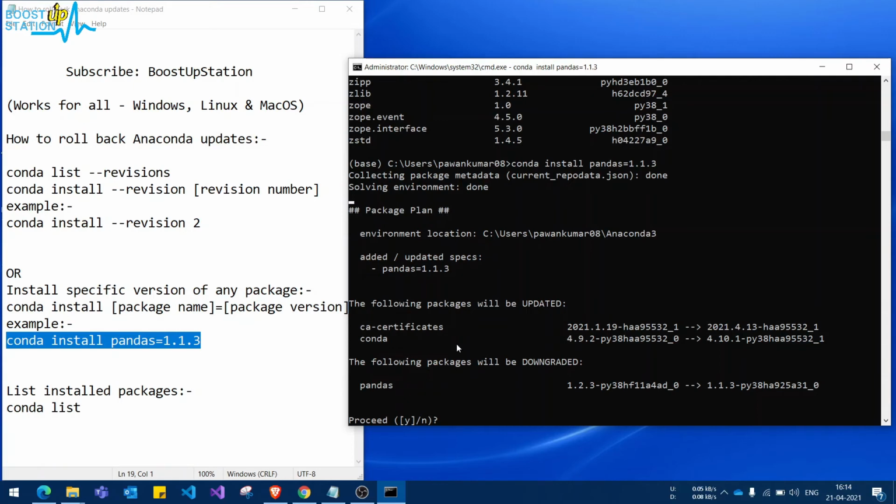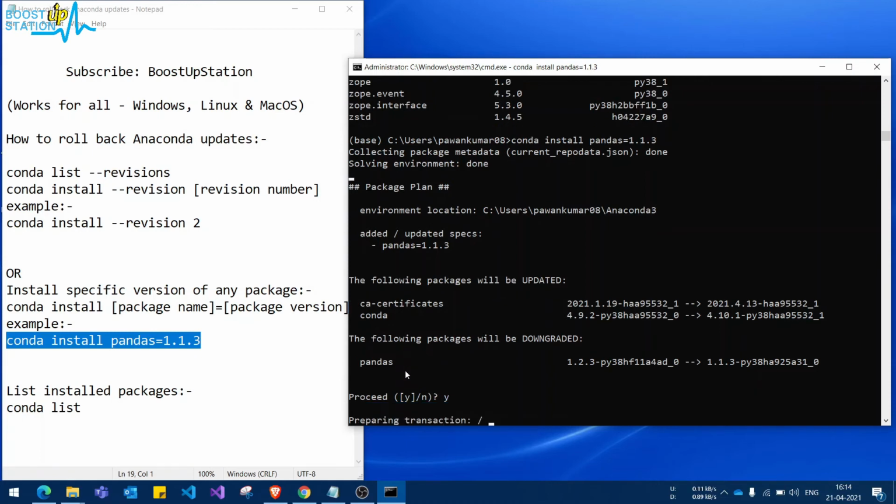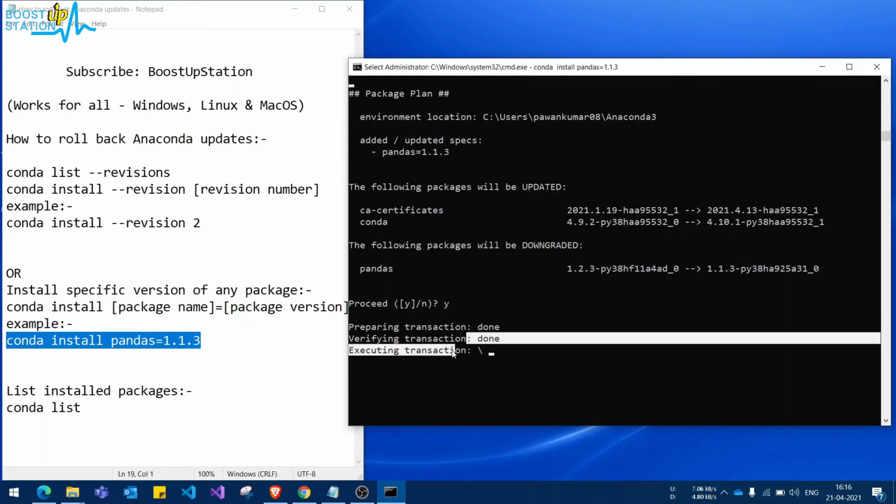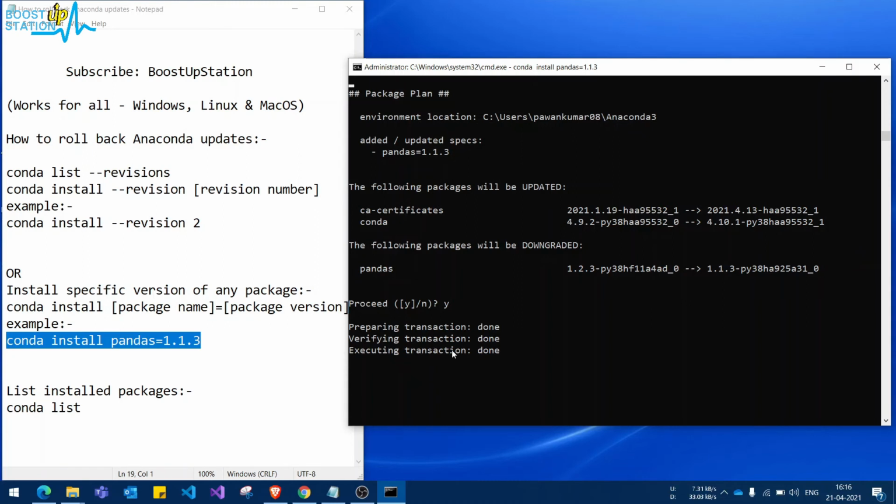Now it is asking us if we want to revert back to that version. So I'm going to type Y and press enter. Preparing, verifying and executing. It got stuck. Press enter and it is done.